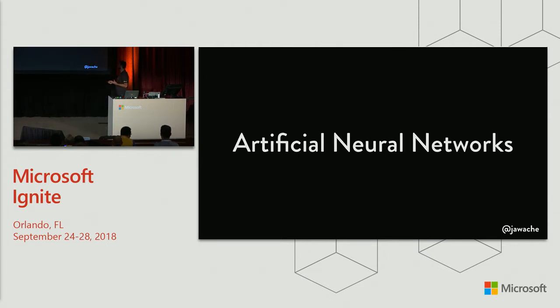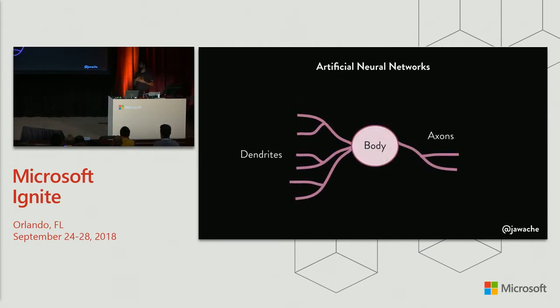So what is a neural network? A neural network is based upon real biological aspects, a biological neuron. This is one neuron in your brain. It has dendrites that flow in, so electricity flows in through these, and if enough electricity flows in, it fires electricity out to the axons. If you put billions of these in your head, then you form a brain.